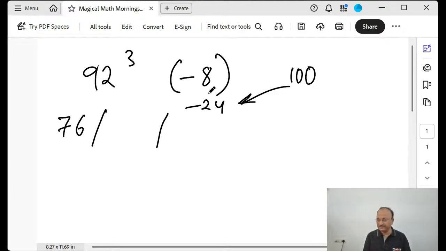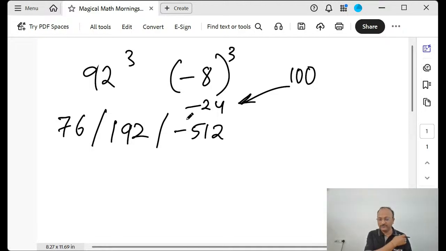24 8s are 192. We'll write 192 because minus into minus will become plus, so 192 only. Then for the third part, we do -8 cube. 8 cube is 512, so -8 cube is